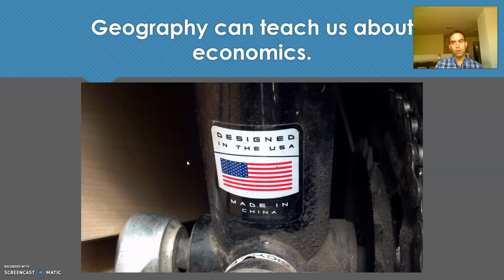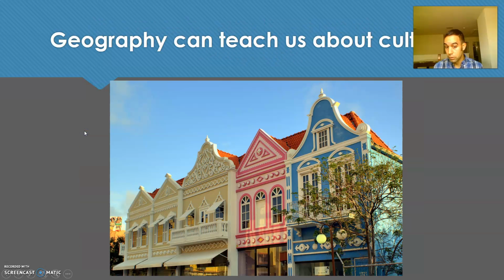Anyways, yeah, so geography can teach us about politics. It could teach us about economics. Geography can teach us about culture, right? Yeah, you guys can see this right here. If I had to ask you, where do you think this picture was taken, which I did ask my 8th period class, the answers I heard were Switzerland, Norway, one person said Russia, but the actual answer is Aruba. Now, some of you guys might have been to Aruba and you might know, because it's popular to go